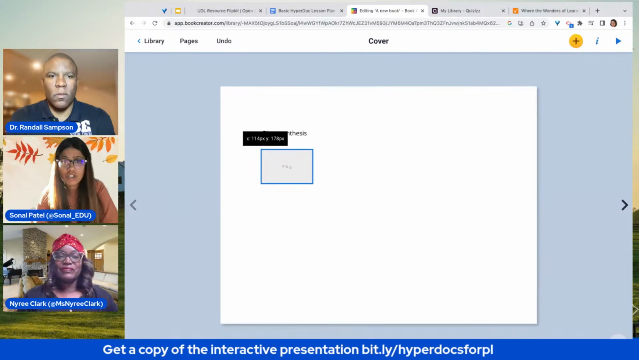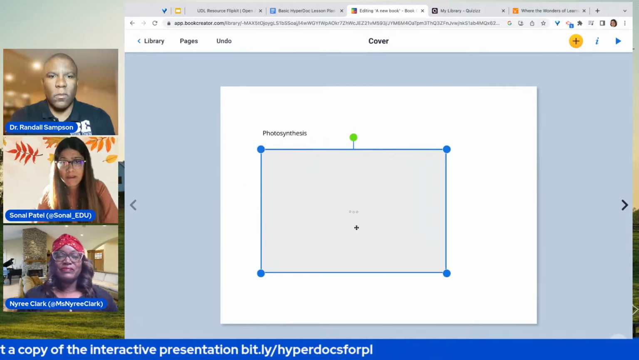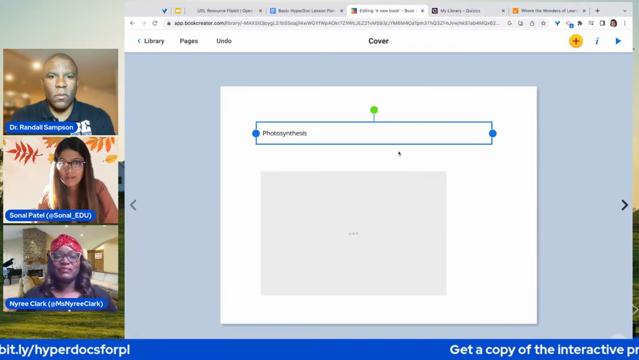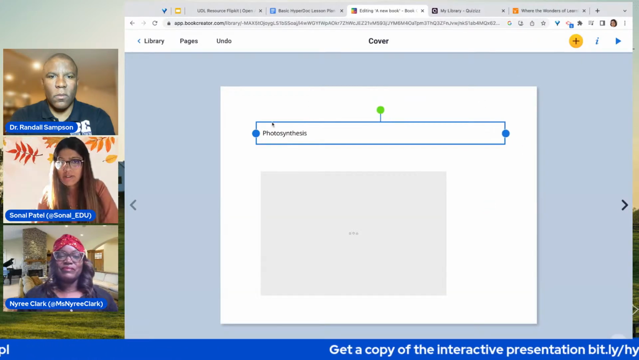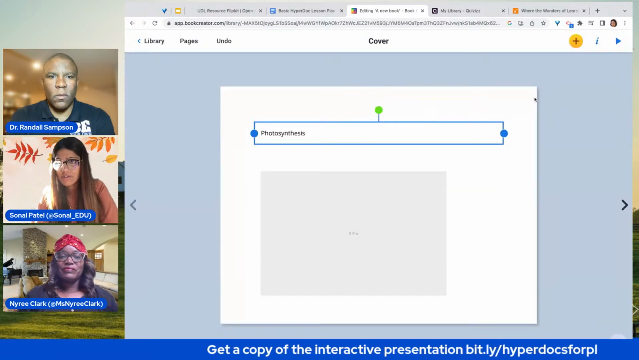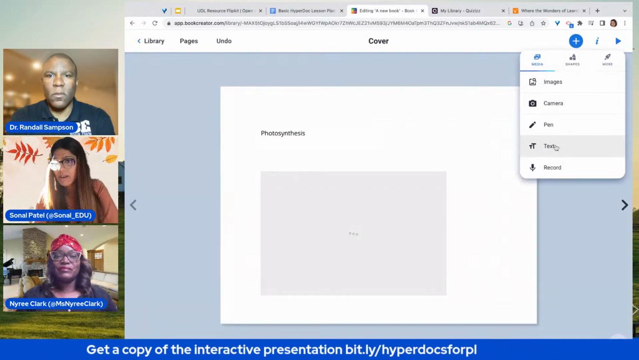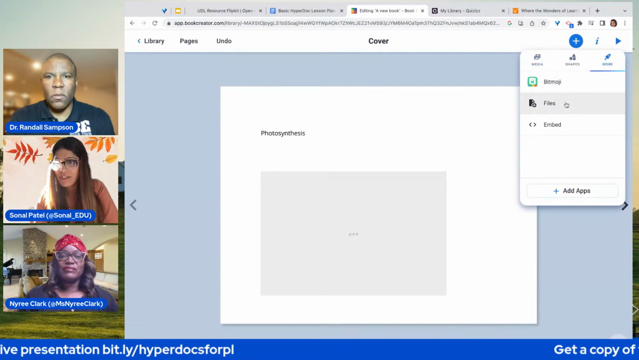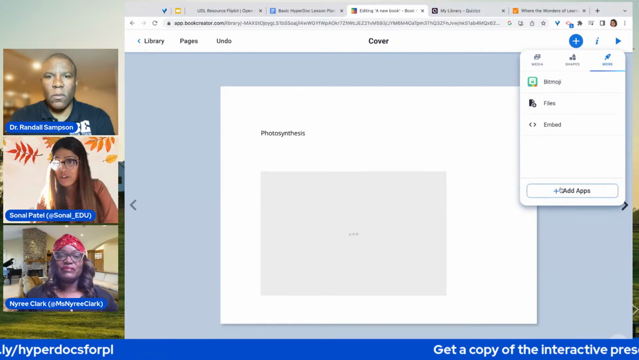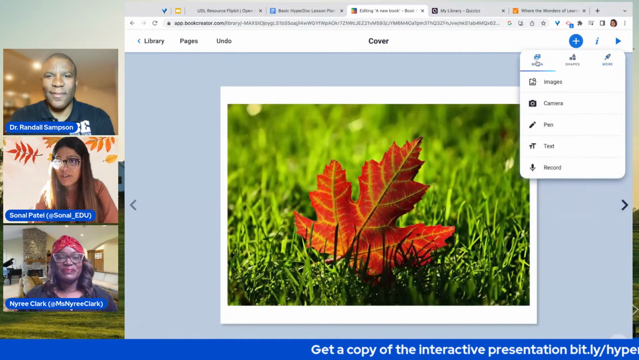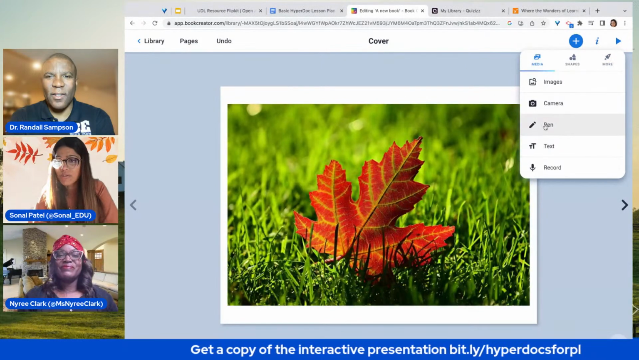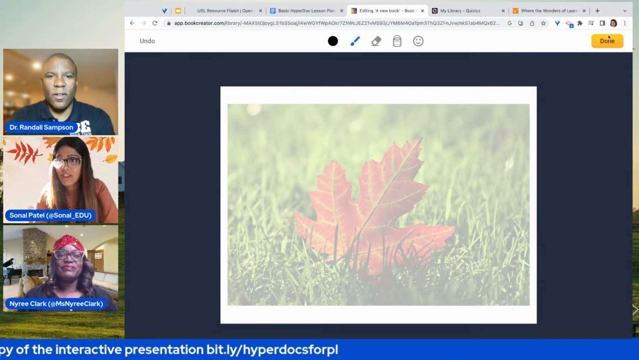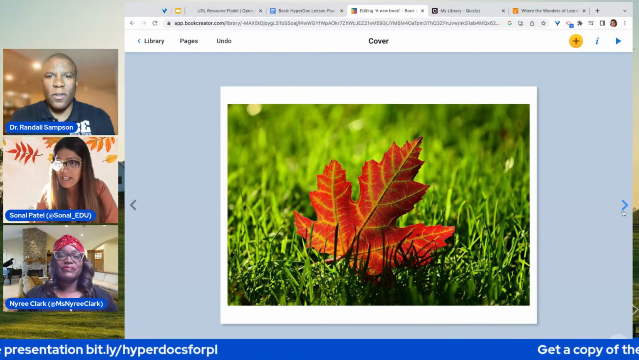I've got an image and a title. Let's expand this image. Now when I click on this, let's think about the different shapes you can add. You can add Bitmojis to it if you want to. There are so many wonderful things. You can have a pen, and you can actually write with a pen to make it look a little bit more authentic. And then when we go to this next page here,